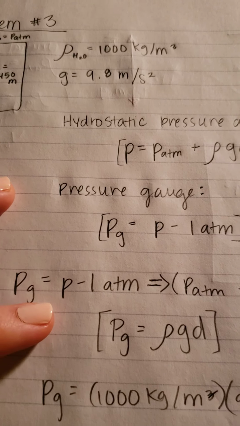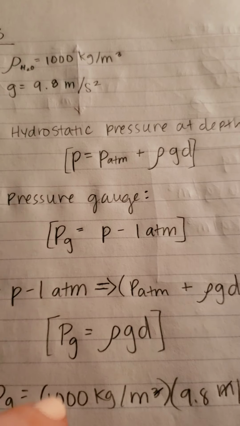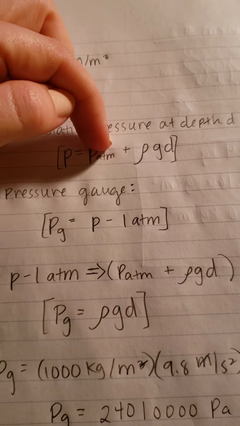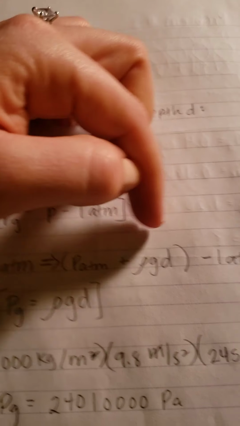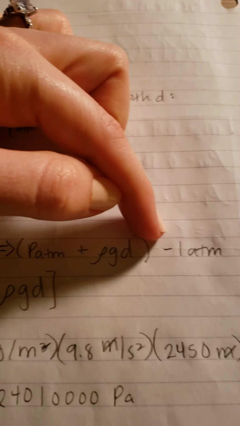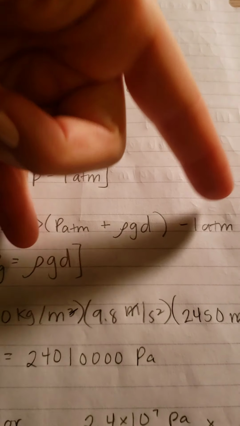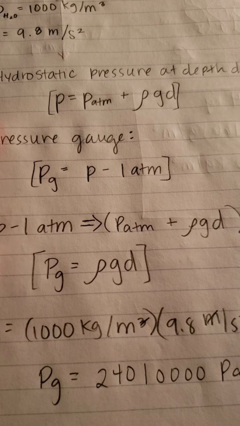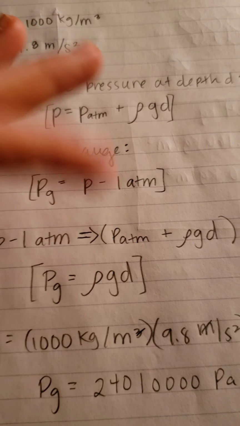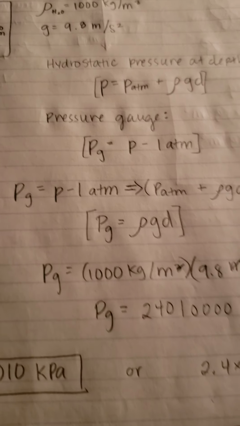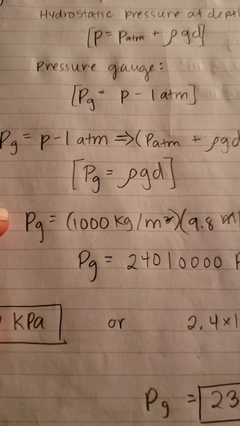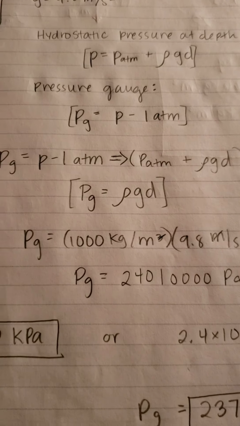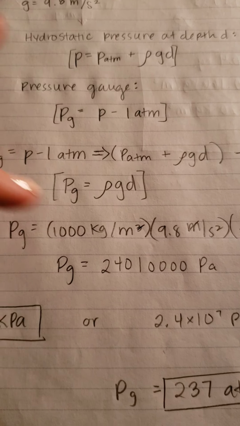Our pressure gauge is going to read pressure minus 1 atmosphere, which we can convert to P being equal to 1 atmosphere plus density times gravity times depth, minus that 1 atmosphere. So we can just cancel out those atmospheres, and our pressure gauge is just going to be equal to density times gravity times depth, which we've been given all those variables. So we just plug those in, and our pressure gauge is going to be equal to,